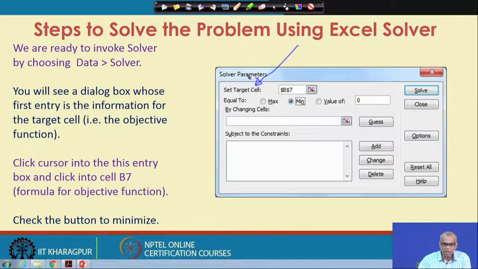So, click the cursor into this entry box and click into cell B7, which has the formula for the objective function. You will see that B7 appears here.